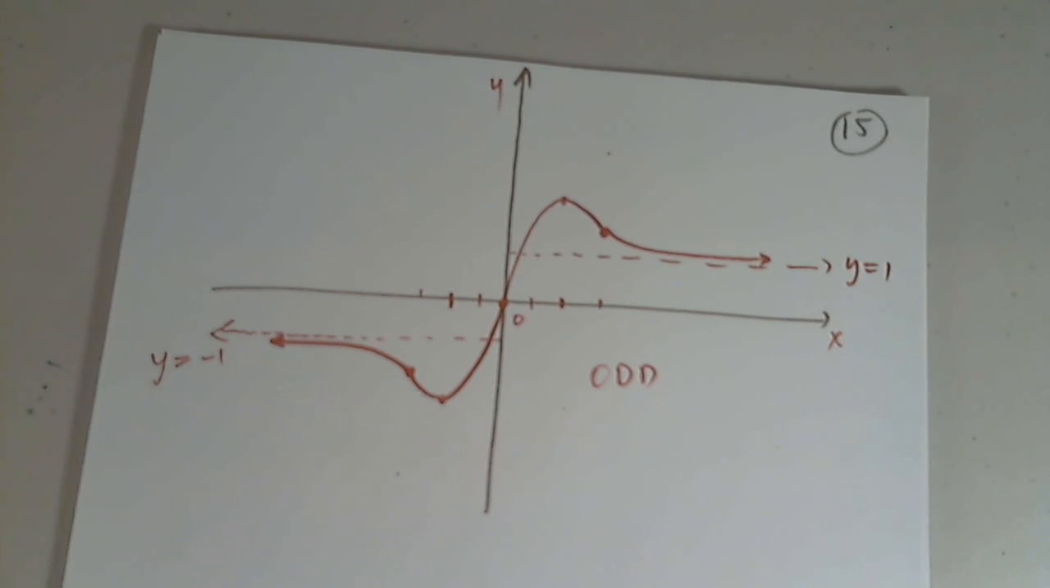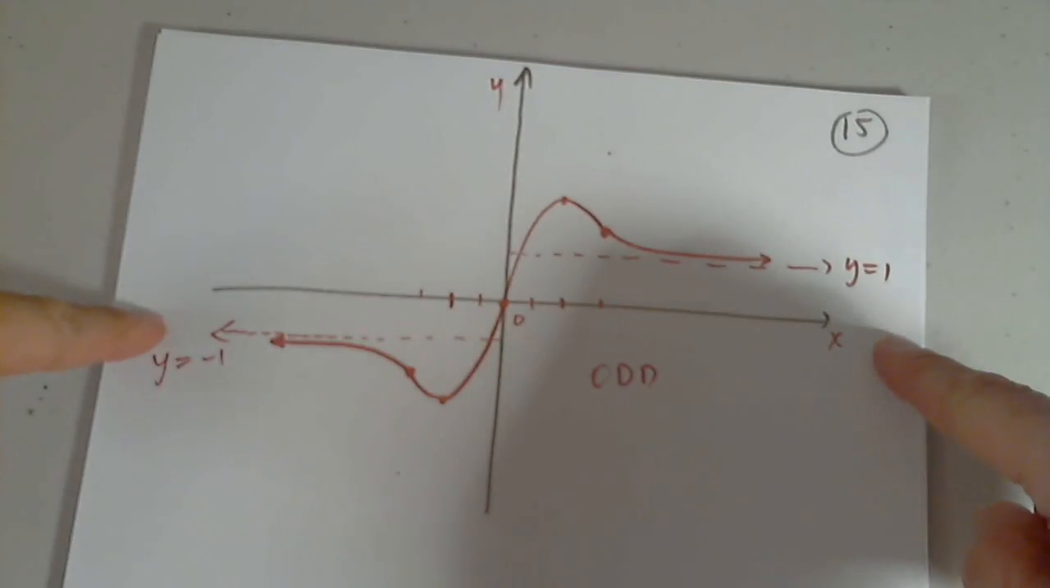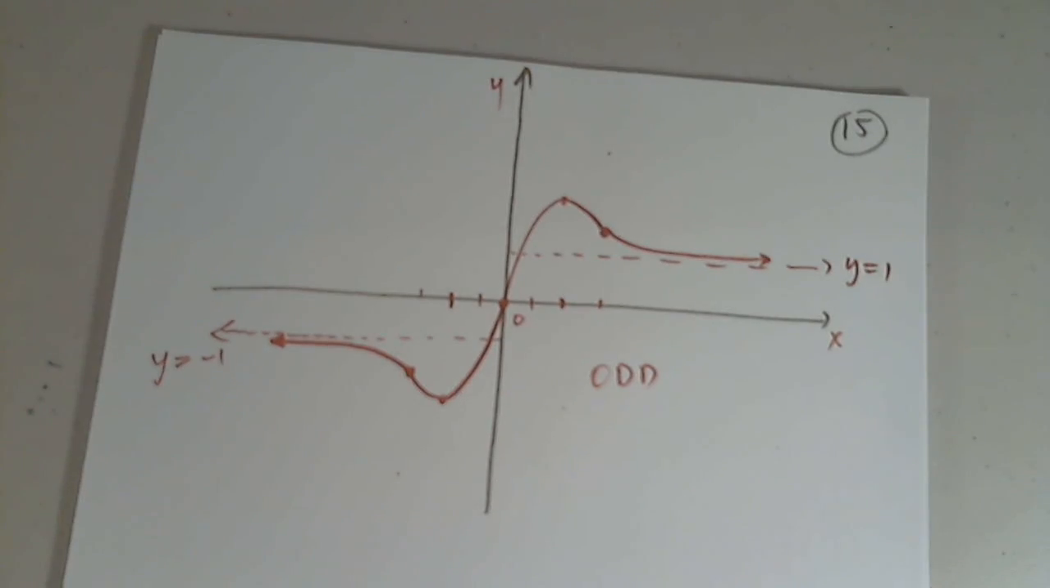So this is not a pure rational function. A pure rational function will not have 2 horizontal asymptotes, one at 1 and the other one at -1. It must be a